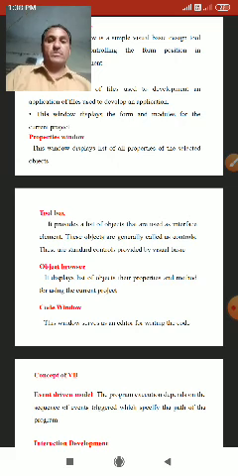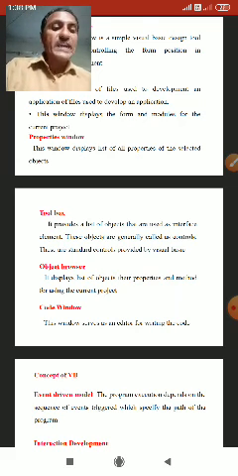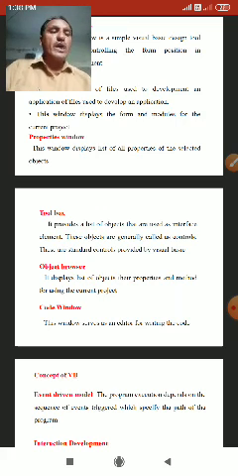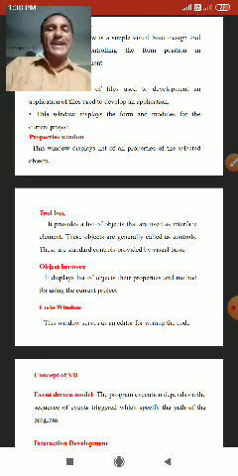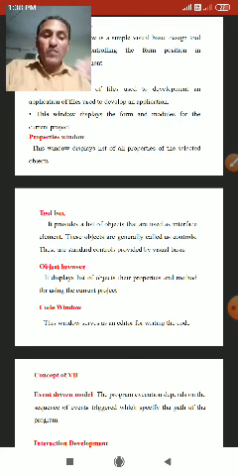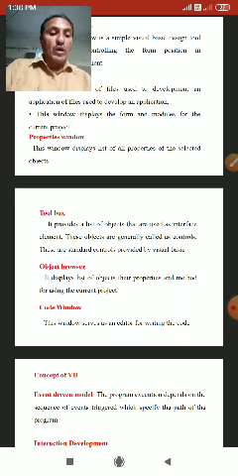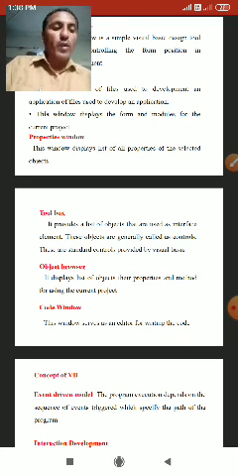List box. So this is called a list box. It lets the user choose from a list of items.